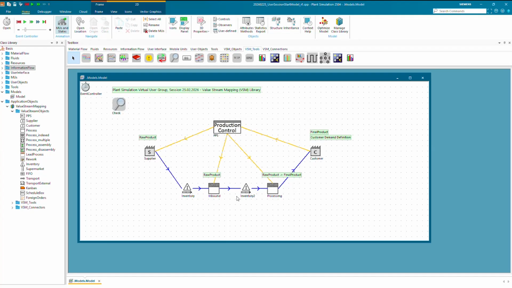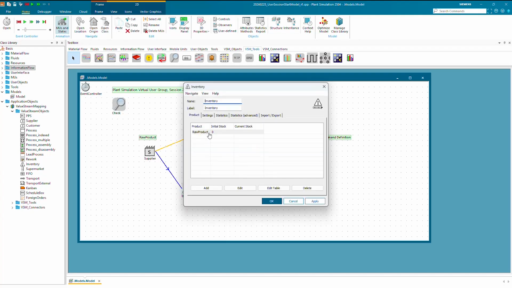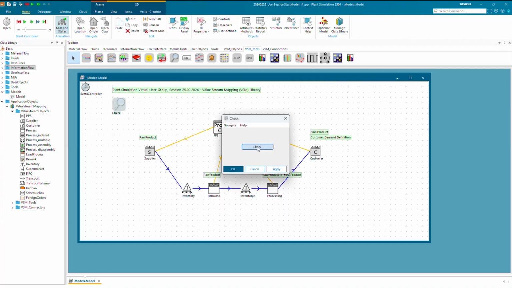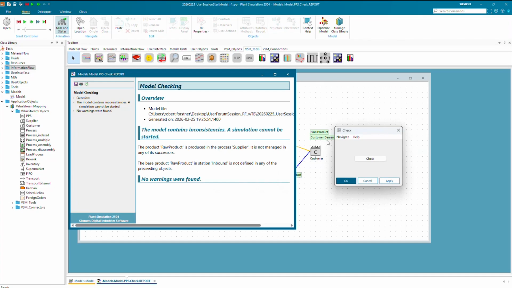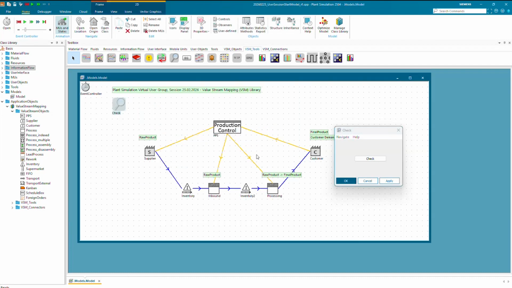So a modeling error could be, for example, that inventory right here doesn't have any product, so we could delete that, execute that again, and then there would be a report that supplier and a base product supplier process or supplier is not finding the product in any successors, vice versa for this station right here.